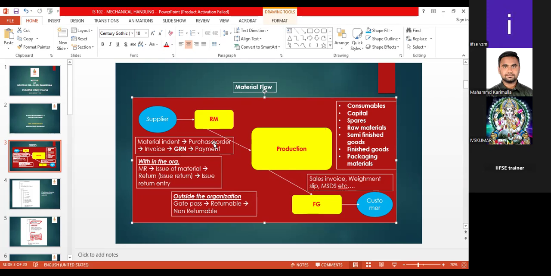For example, furniture is capital goods, and even laptops or building machinery. Even building materials come under capital goods, where the accounts team will calculate the, I mean, I'm not getting the right word,